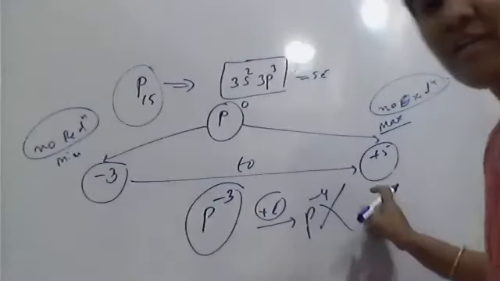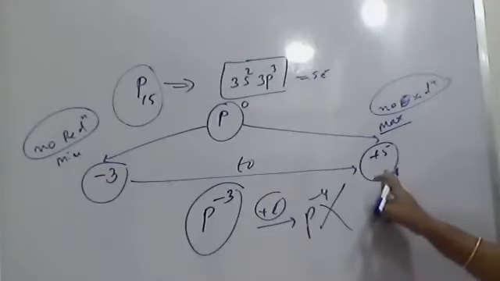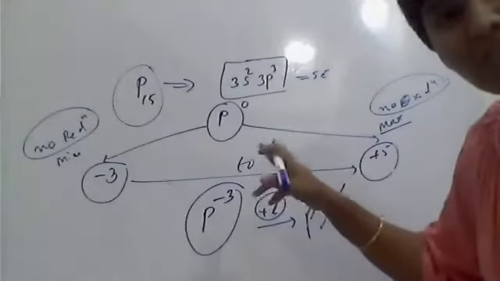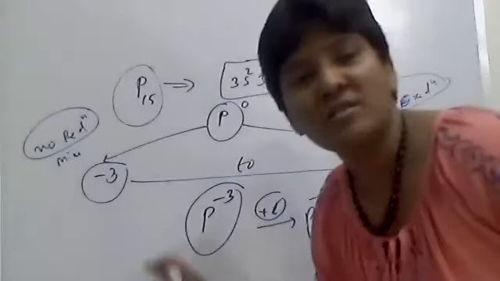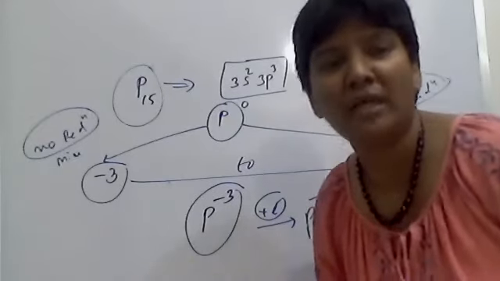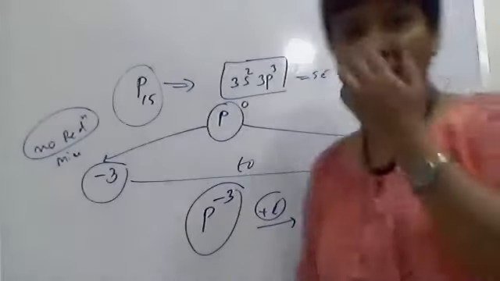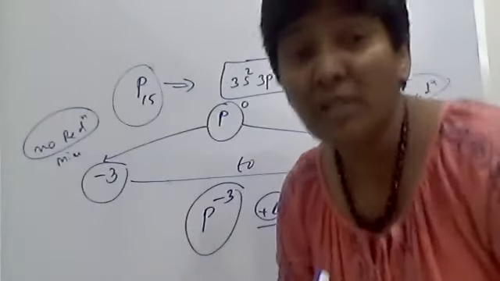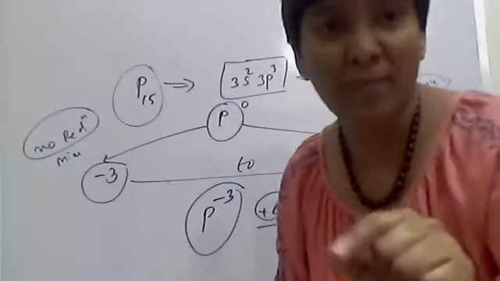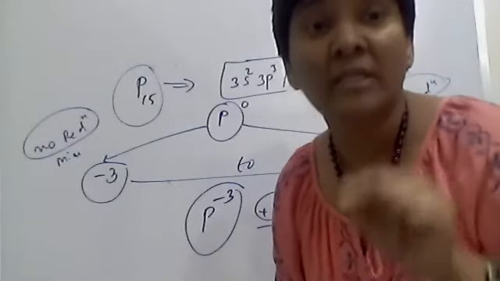Next, +5 can undergo reduction. The +5 can decrease to +4, +3, +2, +1, 0, -1/2, -1, -2, -3. Like that, it undergoes reduction. So see here, why am I telling this? Because in disproportionation and in comproportionation, remember, the same element has to